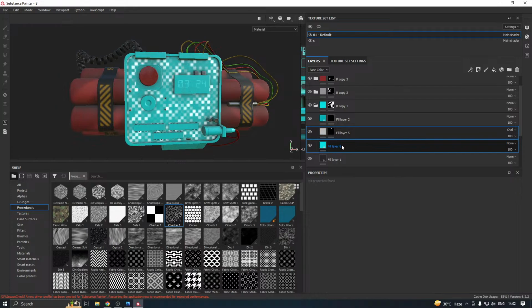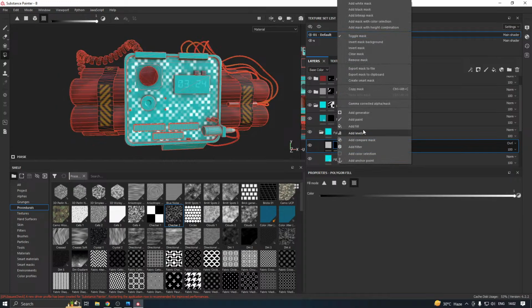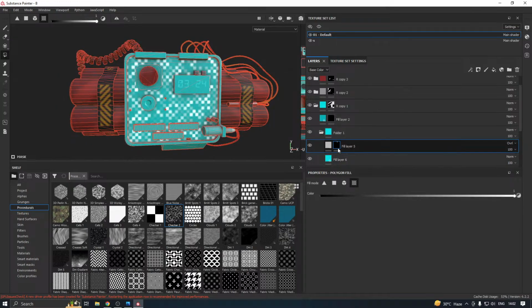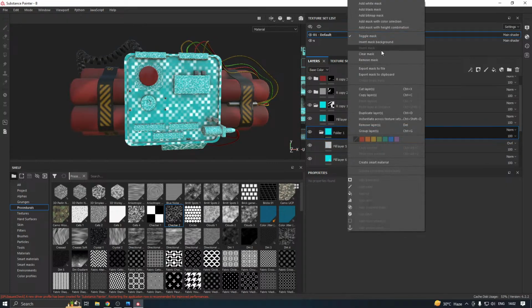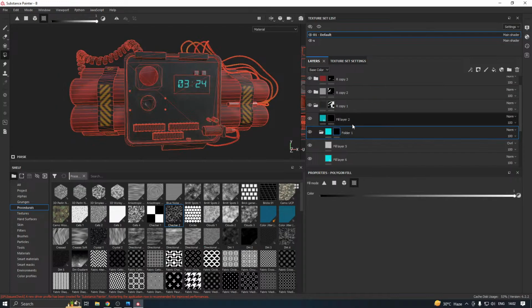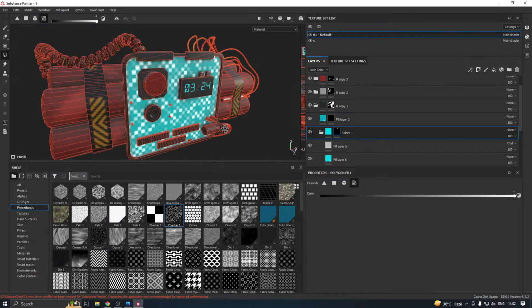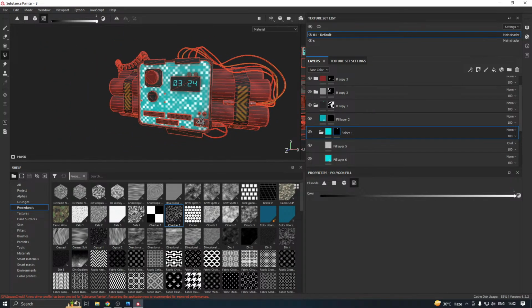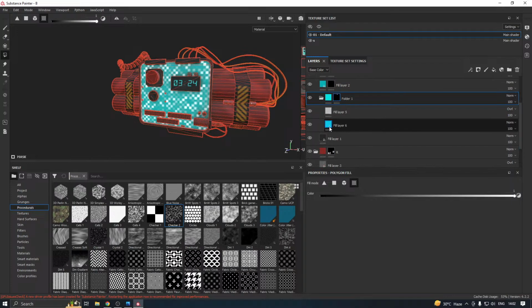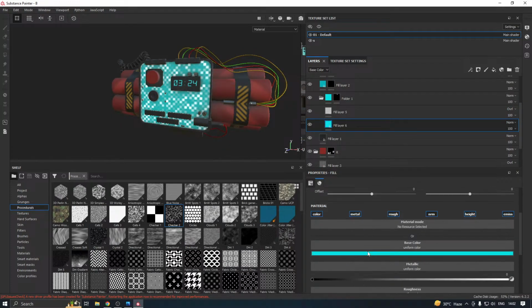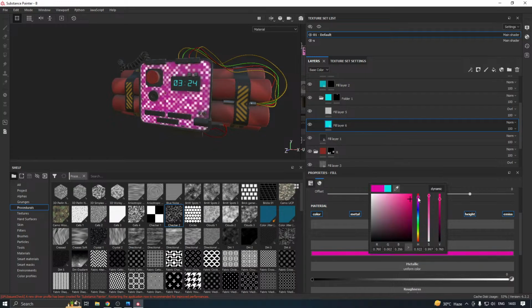We should group these two. Copy this black mask, remove it. Add a black mask here. Paste into mask like this. So if I change the color,